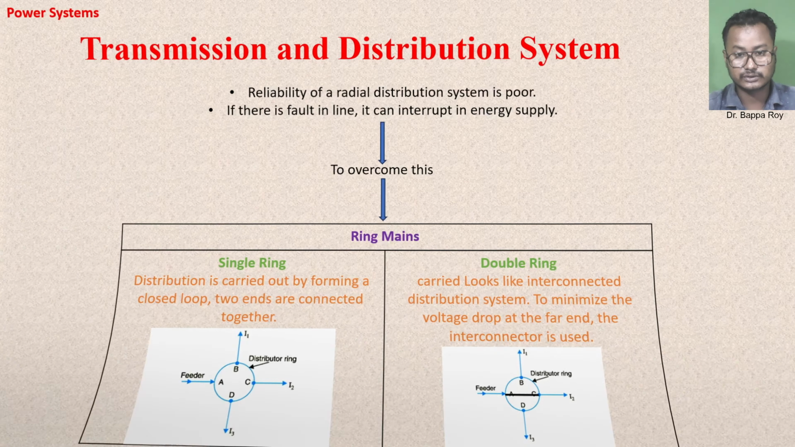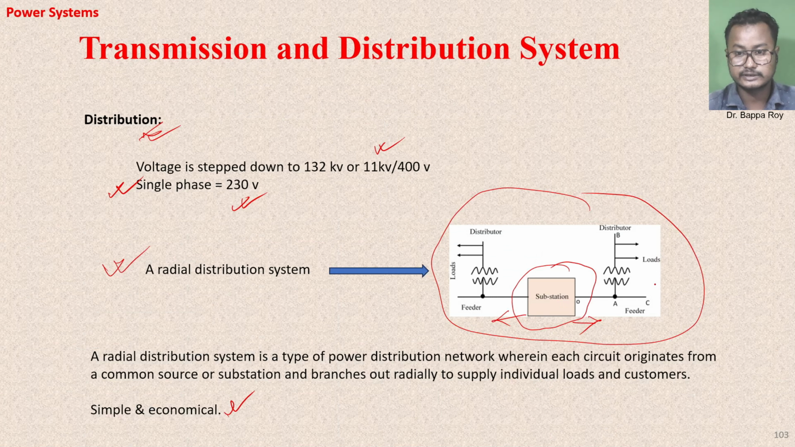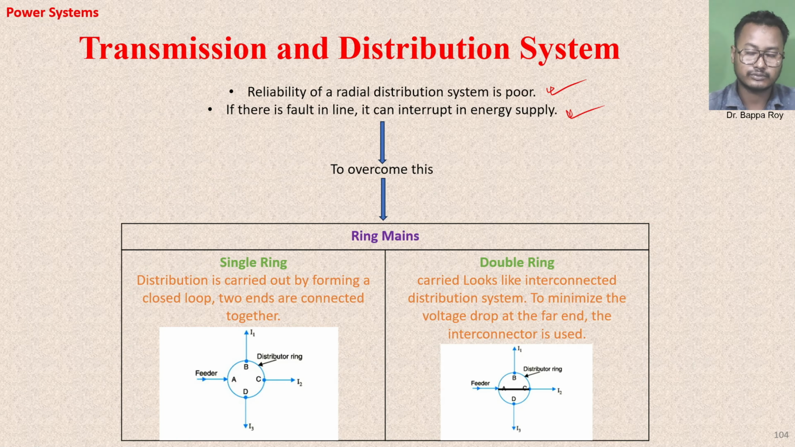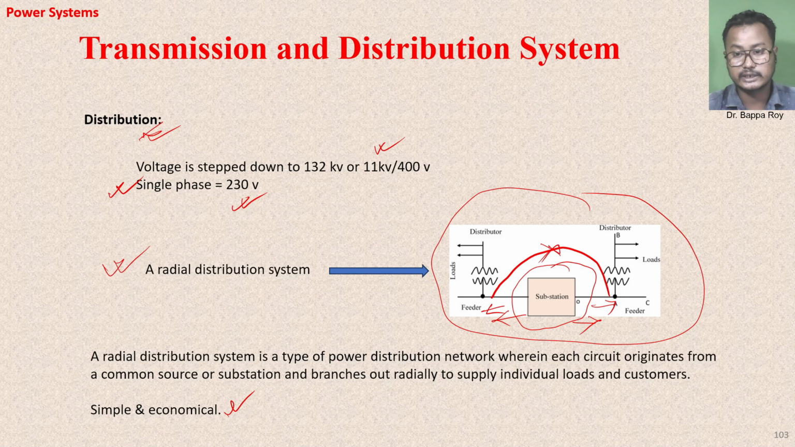Between the lines means these distribution lines and these distributions, this feeder are not internally connected. This feeder is not connected to this feeder. There are no connections. Got it? But here, if there is any fault,